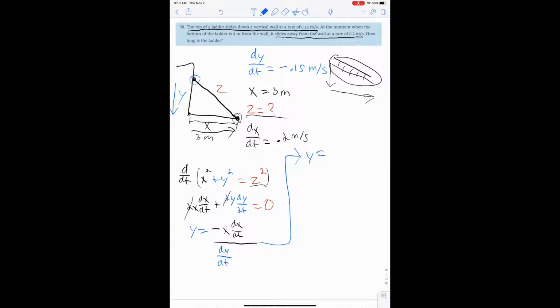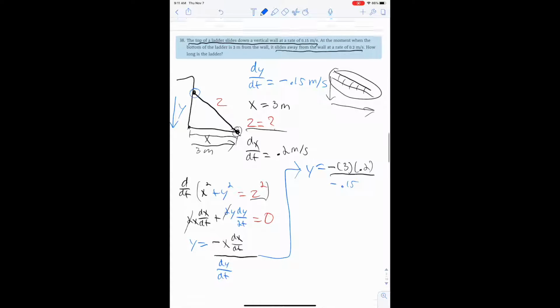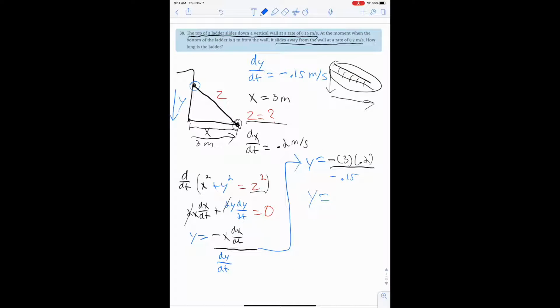So y equals, don't forget our negative, what is x? 3 times dx/dt, which is 0.2 meters per second, over dy/dt, which is negative 0.15. So whenever we plug in all of this, we get y equals 4